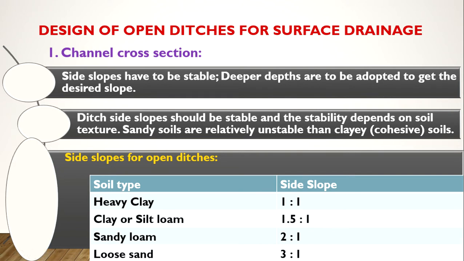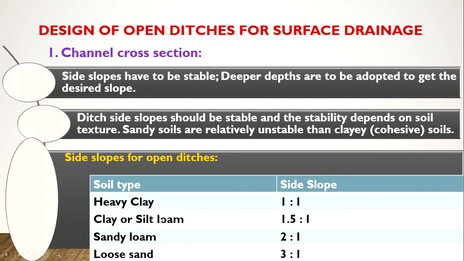It is the property of a substance to stick together. The same molecule sticks together by means of a force known as cohesive force. So clay particles have a cohesive nature. Because of that, when something is made using clay, it has a tendency to be in a stable state. So clay soil is more stable, so it can be given a steeper slope of 1:1.